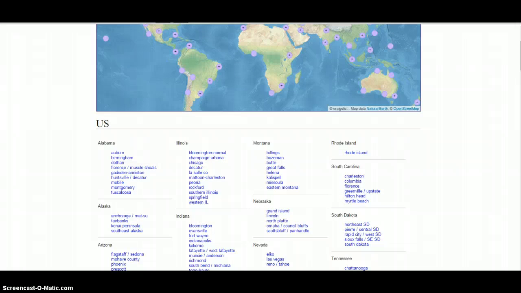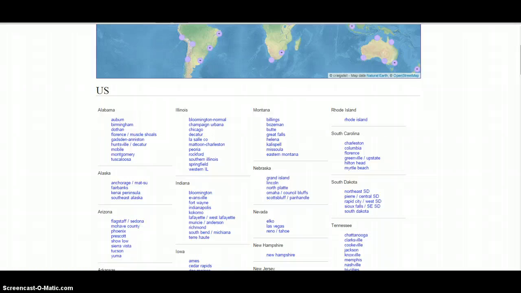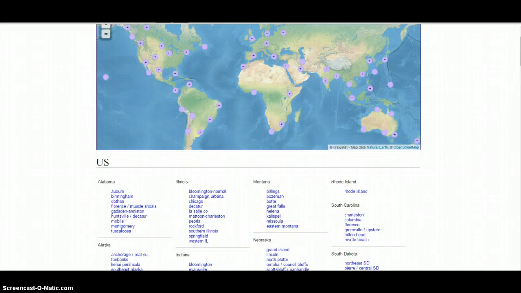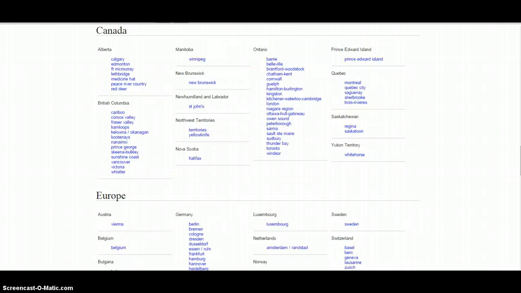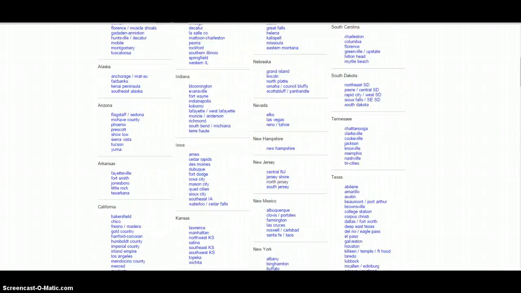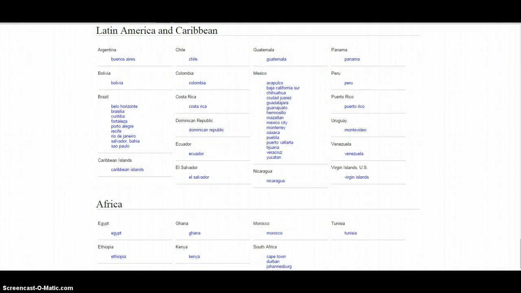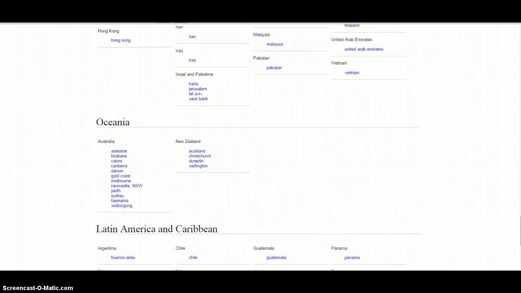If you're lucky like me and you have a global opportunity, Craigslist is a cash machine. Okay? So when you click on either the United States, Canada, Latin America, you see that it breaks down all of the city locations and the country locations that you can